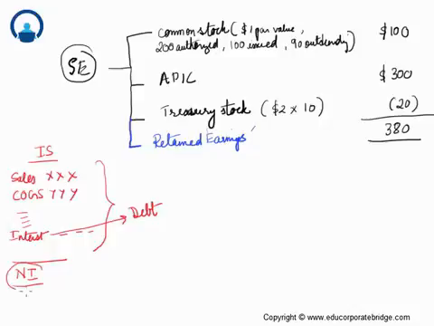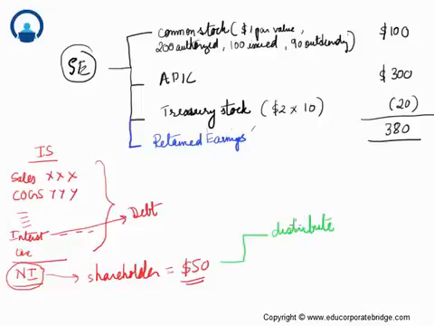Whatever is left over after all the stakeholders have been paid, after the taxes have been paid, this leftover belongs to the shareholders. So say for example, in this case, let's assume that $50 was the total net income. So this $50 actually belongs to the shareholders. In fact, you can do two things with $50 from the point of view of shareholders. One, you can distribute this $50 to the shareholders, and second, you can retain